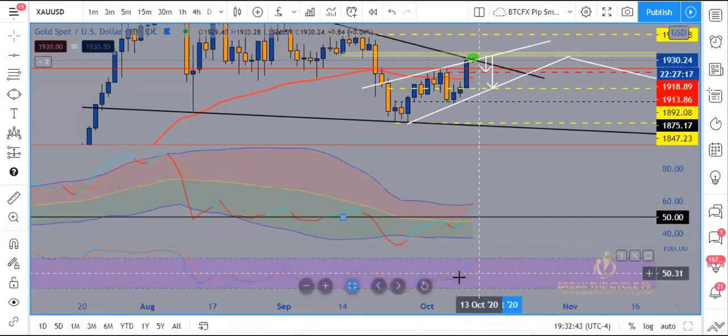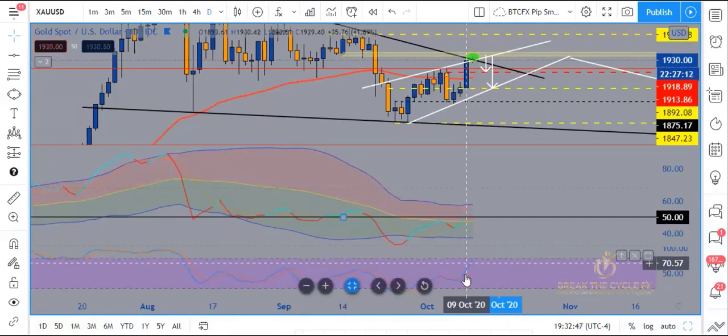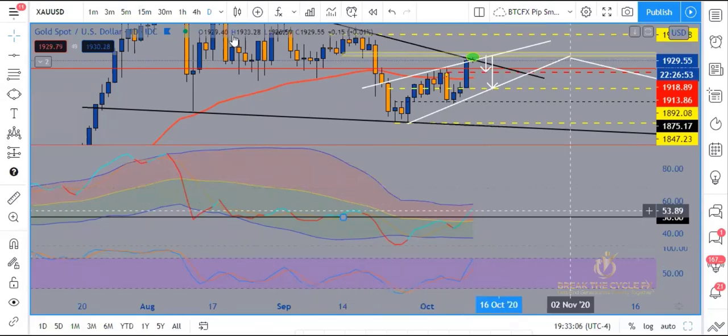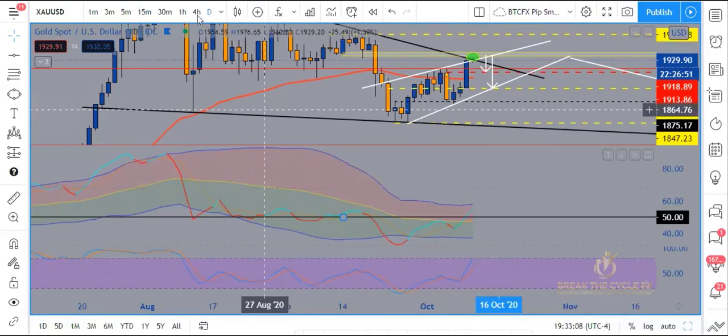If this stochastic on a higher time frame, especially like the 1 hour, the 4 hour, if this thing is still wide open, pushing up to the upside or downside, and this is the upside, then you could definitely expect price to keep on pushing, okay? It may be a stop hunt, or it may actually keep on breaking levels and creating higher highs. We just have to wait to see what happens, all right? So if I was to go down to the 4 hour,